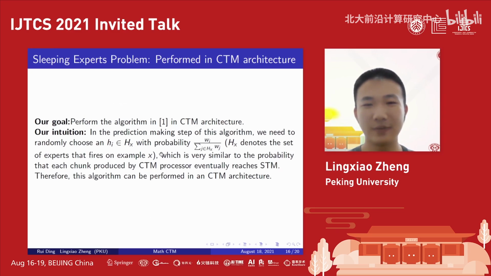And how do we perform it? In the prediction-making step of the previous algorithm, we need to randomly choose a sleeping expert with a probability, and that is its weight divided by the summation of all weights. And the form of this probability is very similar to the probability that each chunk produced by a CTM processor eventually reaches STM, as we have noticed